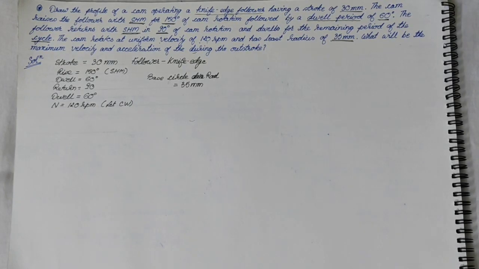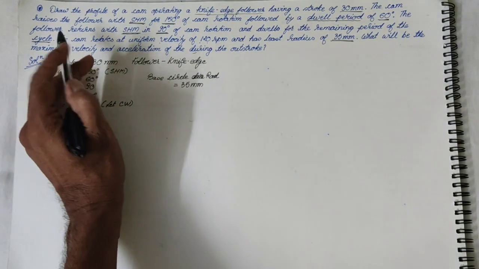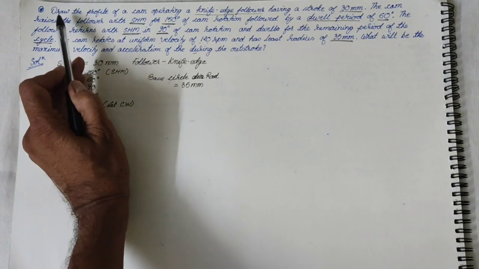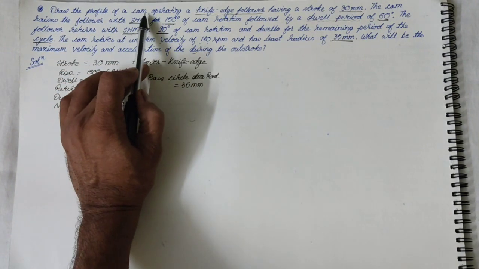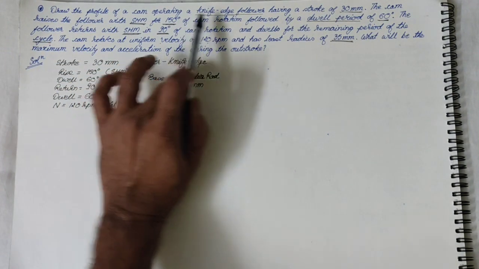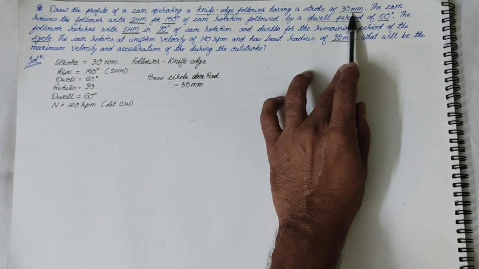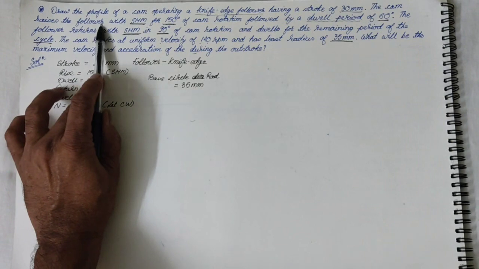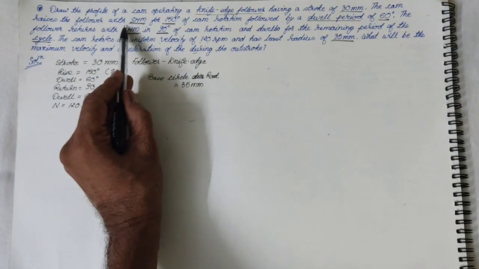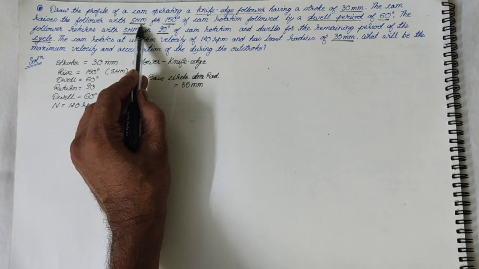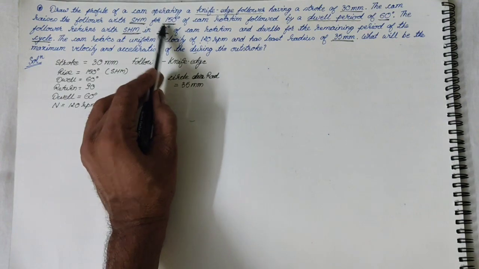Hello. Now let us try to understand the construction of a cam profile with the help of this problem. Now let's see what is given in the problem. It is said that draw the profile of a cam operating a knife edge follower having a stroke of 30 mm. The cam raises the follower, that means the outstroke, with SHM, simple harmonic motion, for 150 degree of cam